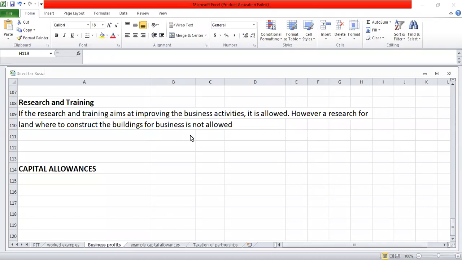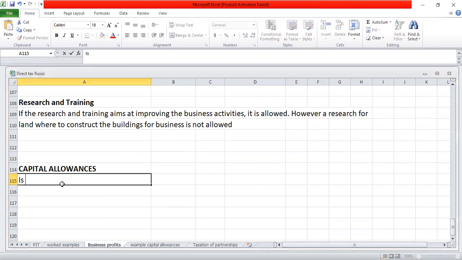Accounting depreciation is not allowed. What is allowed is the tax depreciation. Now, this tax depreciation is what we refer to as the capital allowances. So we can say that capital allowances is the standardized depreciation that is allowed for tax. So when you come to capital allowances, we mean the standardized depreciation which is allowed for tax, and it is